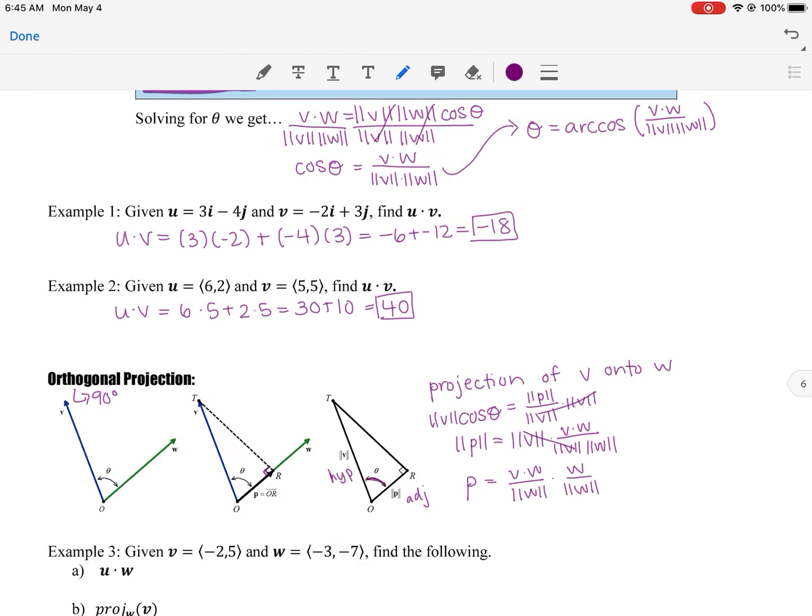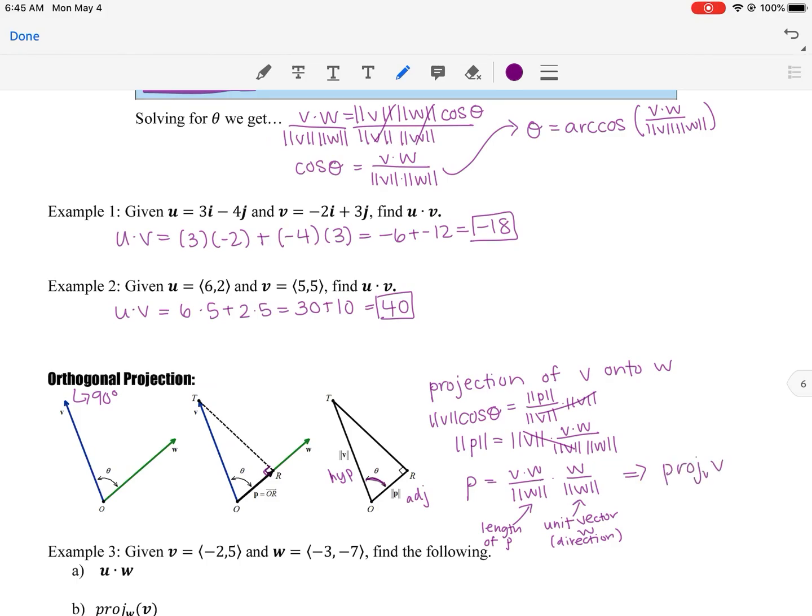So this is multiplying by the unit vector w. This is the length of p, and the unit vector w gives you the direction, which therefore implies the projection